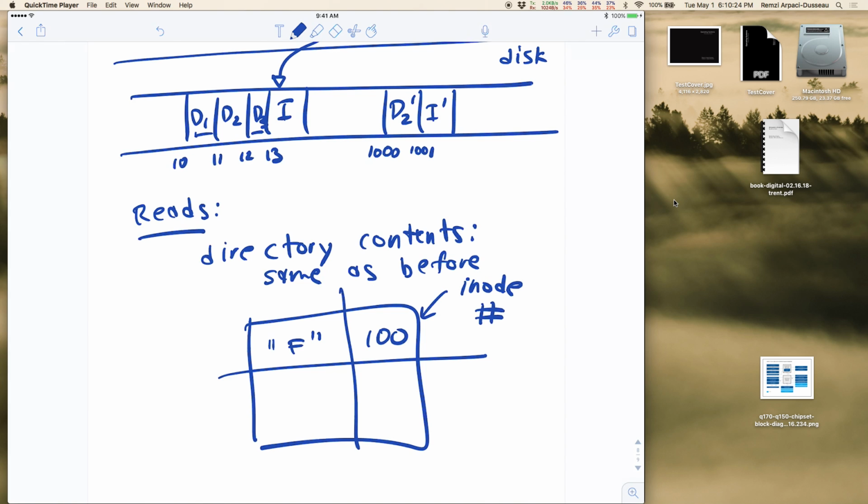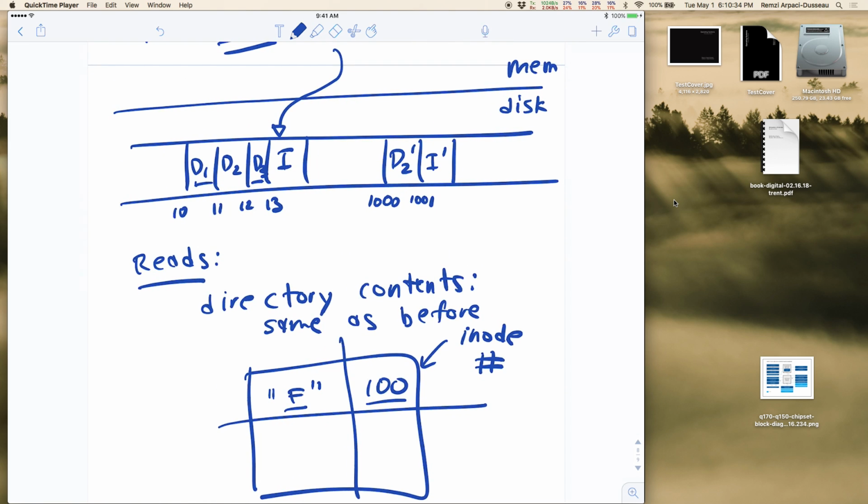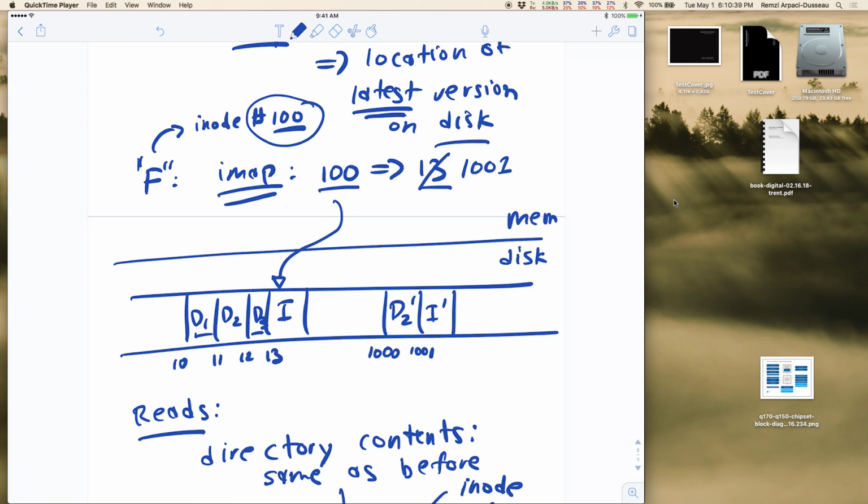So the directory contents are the same. When you're looking up a file, when you open it and you eventually get to F, and it refers to inode number 100, to then read that inode you just have to do one more step than you used to do. You first have to look in the IMAP and see where the latest address is, so that you go to the correct version of the inode. So reading, assuming the IMAP's all in memory, is essentially identical, just one more memory lookup, which is fast,